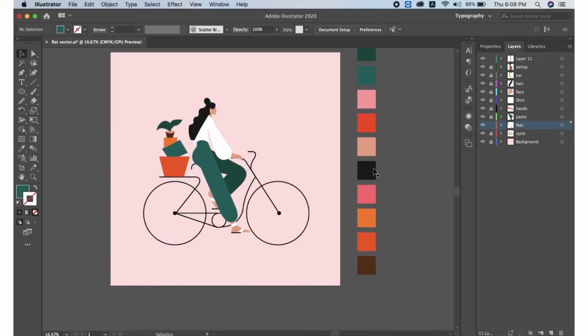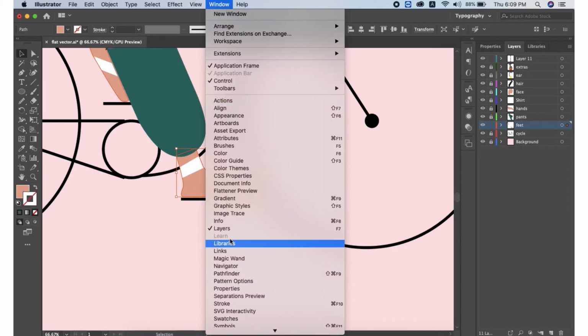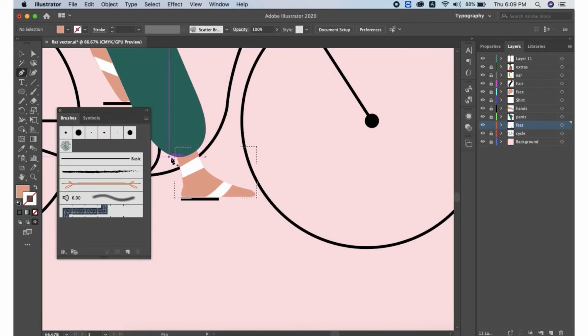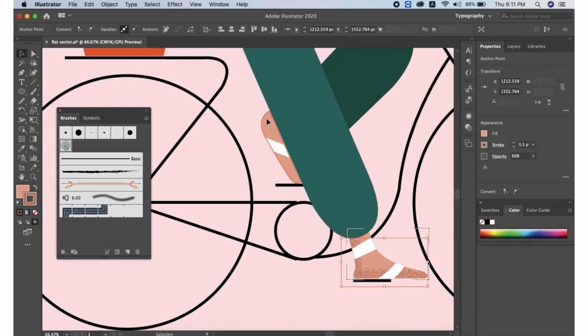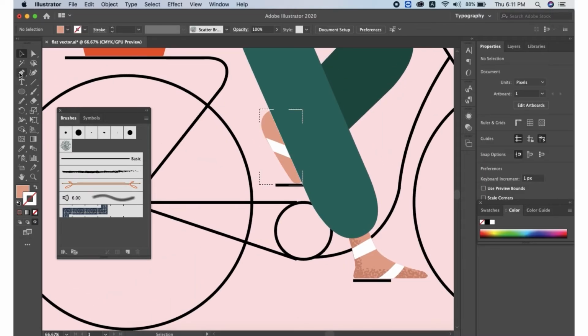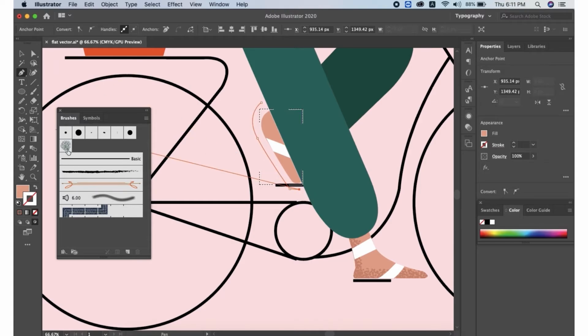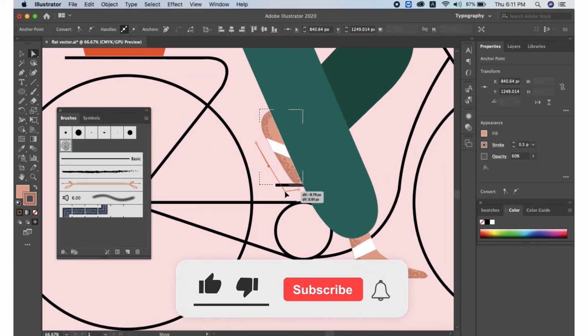Now what you need to do is go to the layer, choose the object and select the draw inside tool. Then using the pen tool, create an outline outside the object. The best part about this tool is when you apply the brush stroke, the stroke is always applied only inside the object that you chose. So that's why I'm doing this.